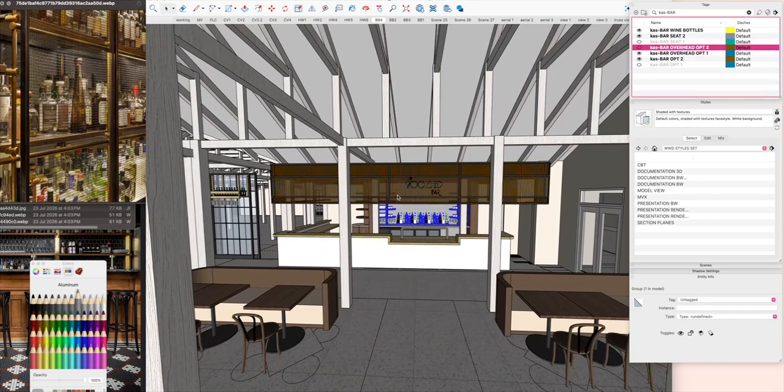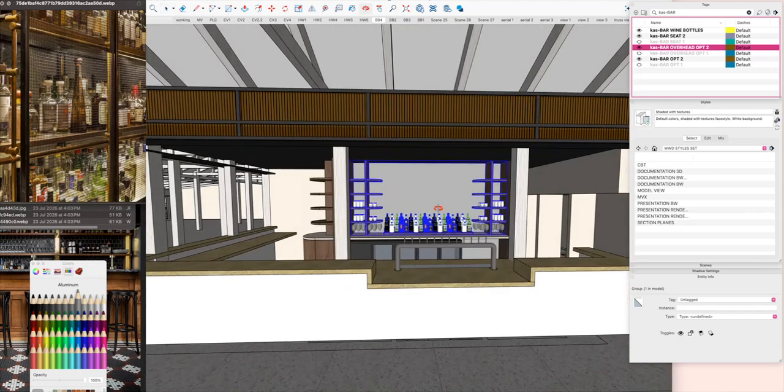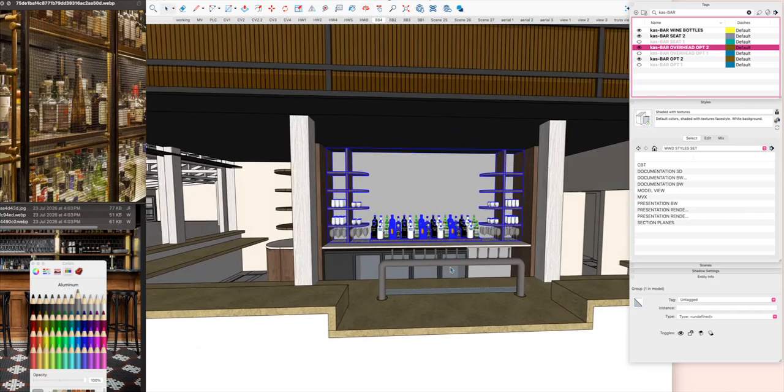So for example, for the bar overhead, I've got an option where this metal framed glazing detail comes down lower. So that's option number one. And then I've also got an option where that sits higher. I'm going to put some pendant lights in the front here. But what I want to have a look at now is the back bar and doing an option for the